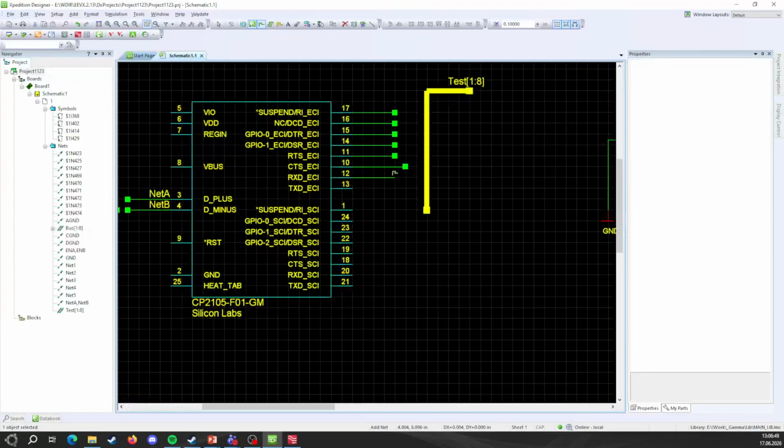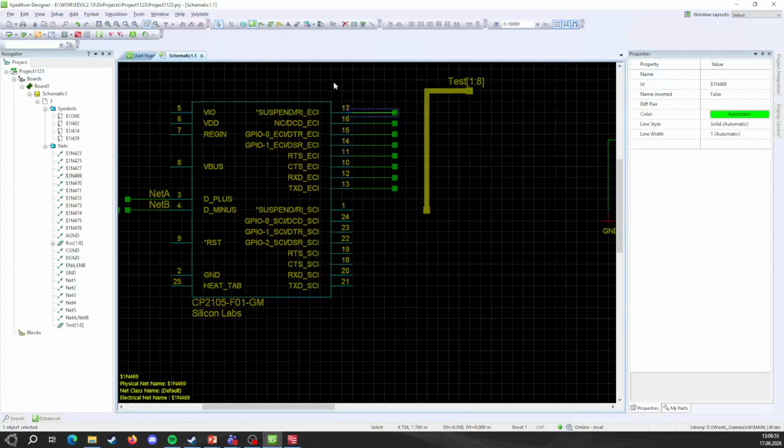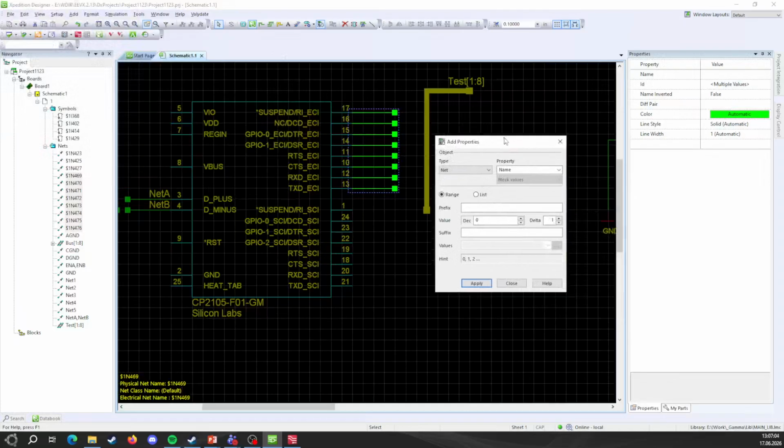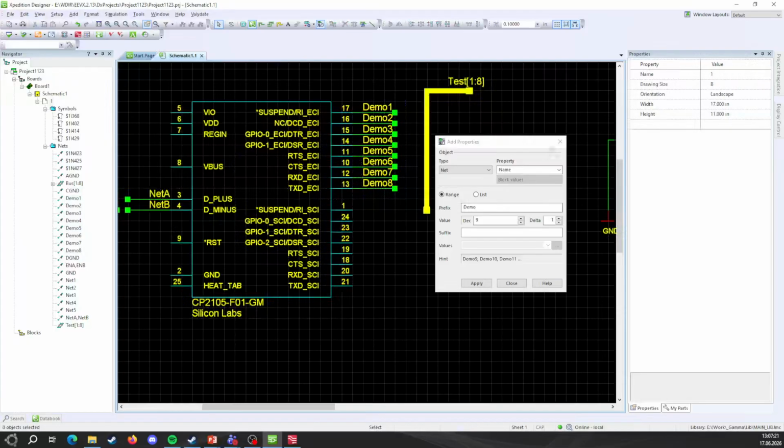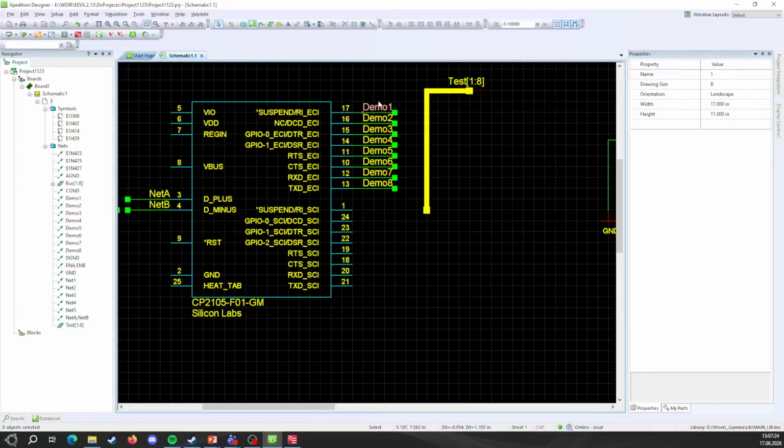Okay. If we want to combine a bunch of nets, 5, 6, 7, 8, and let's say we want to rename them. Another cool feature, but most probably you know this, you can bulk name these nets. And let's say we want to name them demo, with delta 1, it means that nets will be named like that. So now if I want to globally combine demo 1 to test 1, demo 2 to test 2, and so on, what we can do, we can just